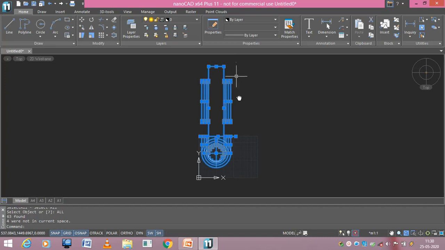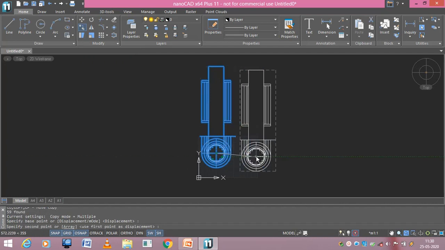It means select all, Control A, and then here I have a copy and select the center as the base point. This is the base point. Okay, now you need to paste it. So the center to center distance between the limbs is given. It is 42.5 centimeter, right? So it means it is 425 mm. It means at 425 comma 0,